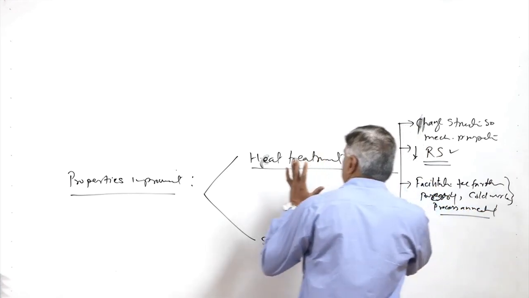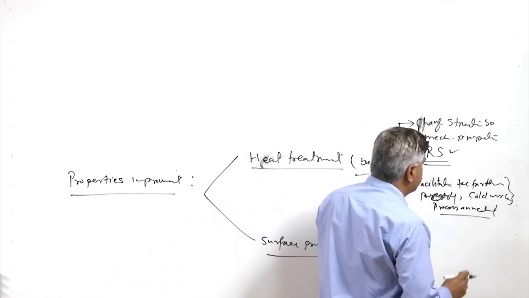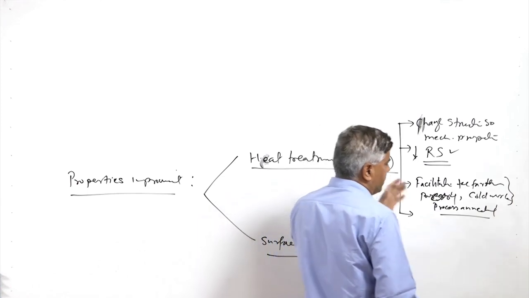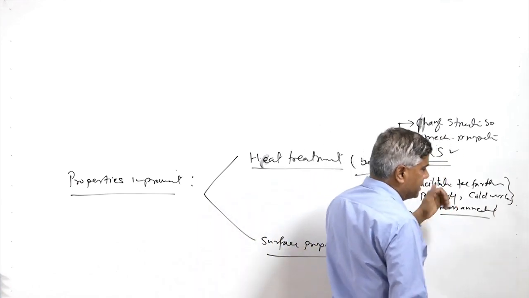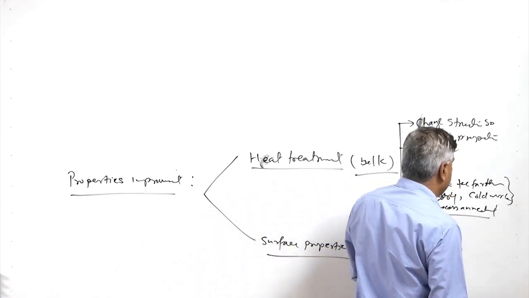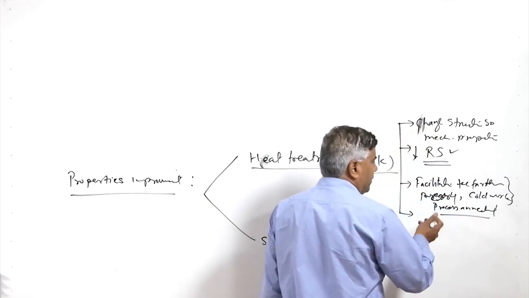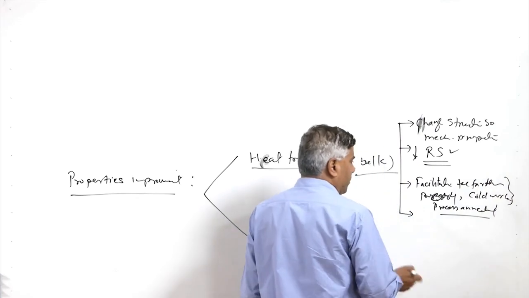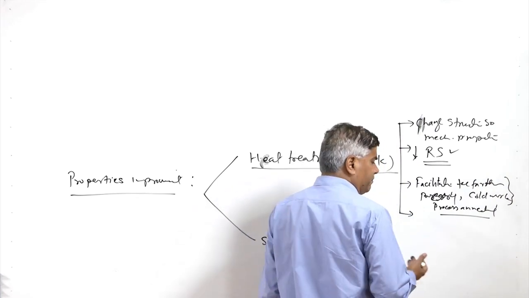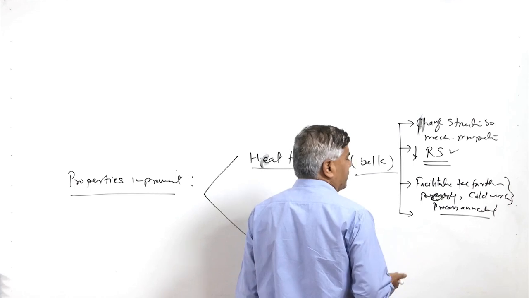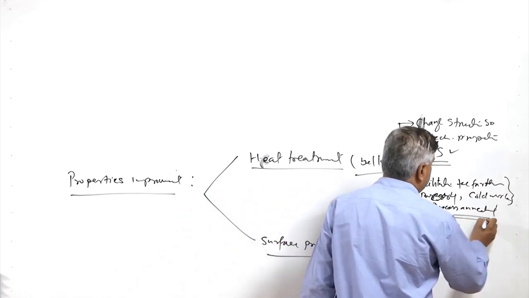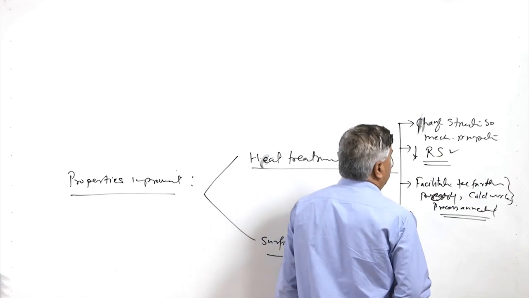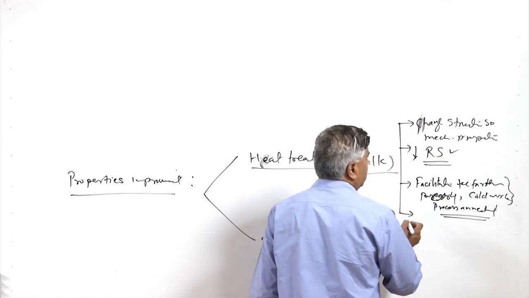So one of the purposes of the heat treatment is to facilitate the further processing of the material because of the increase in hardness and reduction in ductility in mechanical working processes like cold working. That will reduce the ductility, increase the hardness, and make the material difficult to process further. So cold drawing or cold rolling kind of processes are those where it may be required to do the process annealing. And then there may be